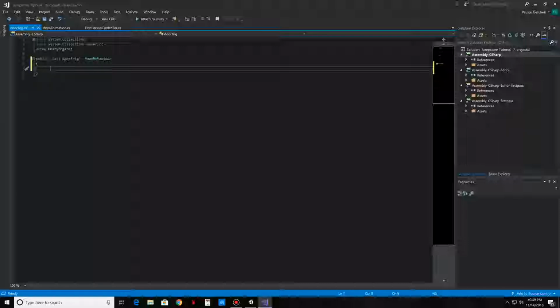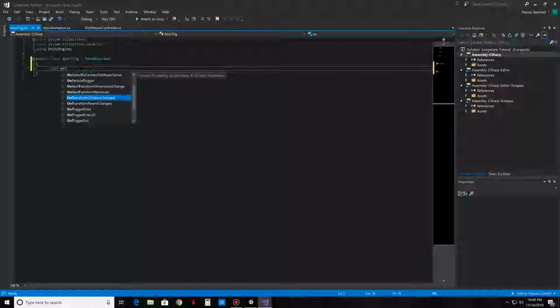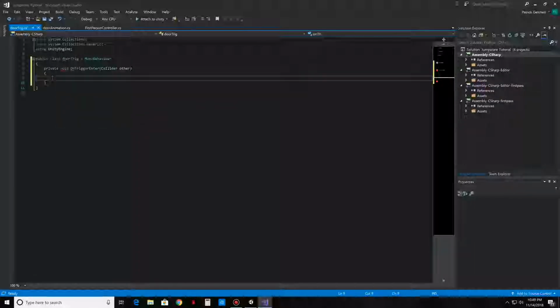Okay, so, we're going to do a void on trigger enter. I love how it fills stuff in for you. It makes my job that much easier. And of course, the usual if statement. If other dot tag is equal to player,